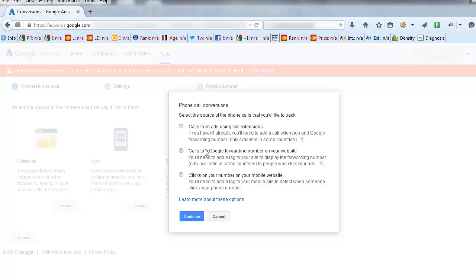The next option is calls to Google forwarding number on your website. This is where you're going to add a little piece of code to your website that's going to change your telephone number on the site to use a Google forwarding number which you can track. And the third option is clicks on your number on your mobile website. So this is where you'd add a tag to your mobile site to detect when someone clicks on your phone number. Now in this first video, I'm going to click the call from ads using call extensions